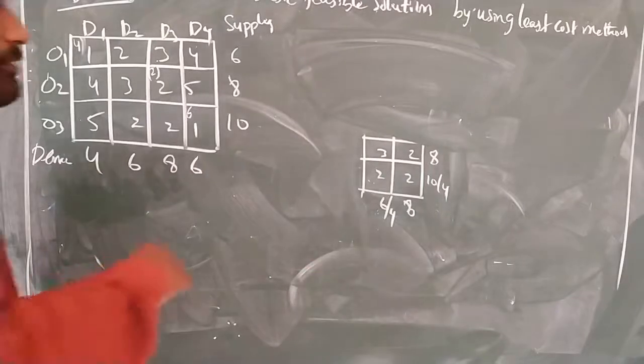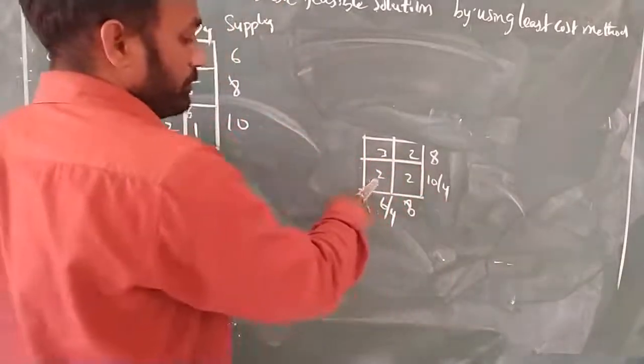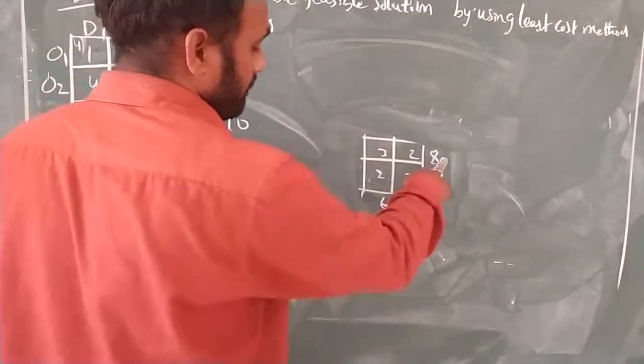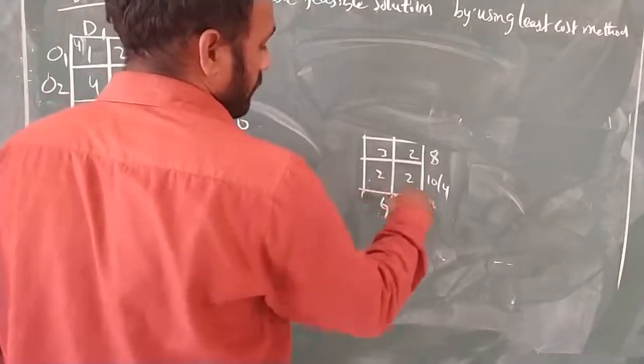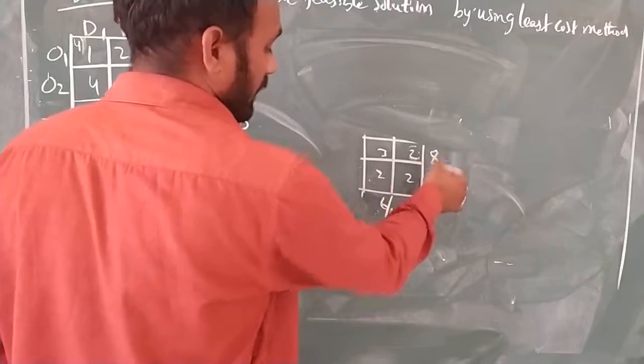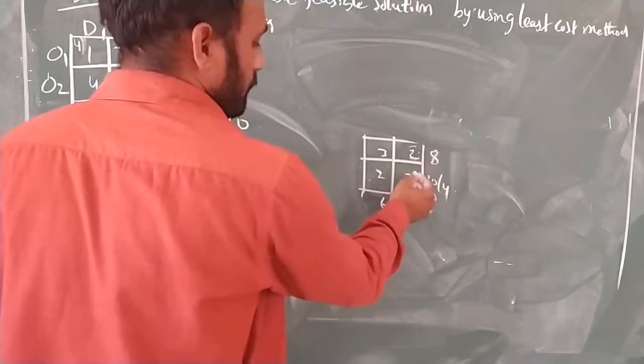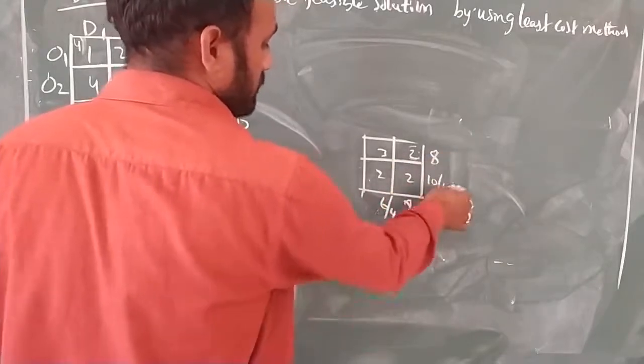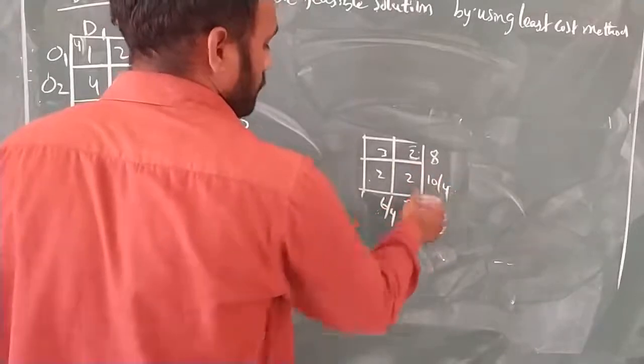Okay. Next we are left with these values. So in this, 2 is the minimum value here. Why? Because here 4 is there. Here if you see, it is there with 8. So here if you see, it is there with 4 and 8. So the minimum value of this is 4 only.